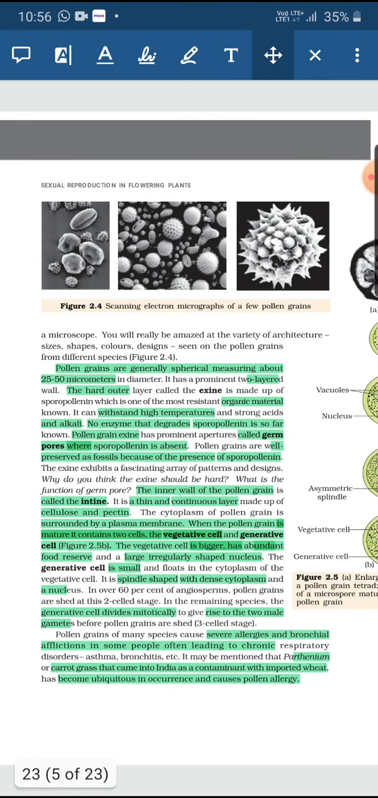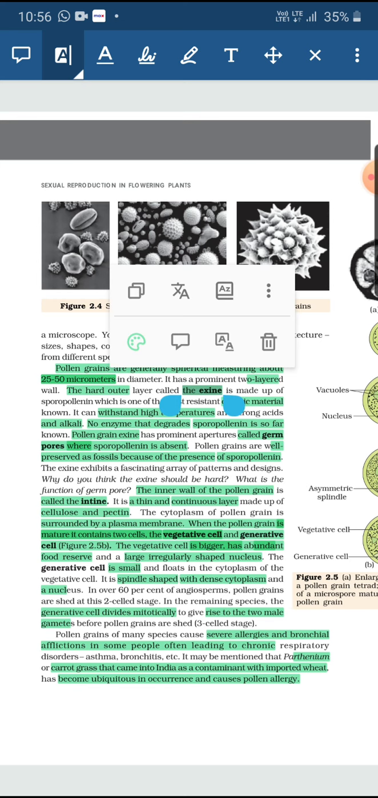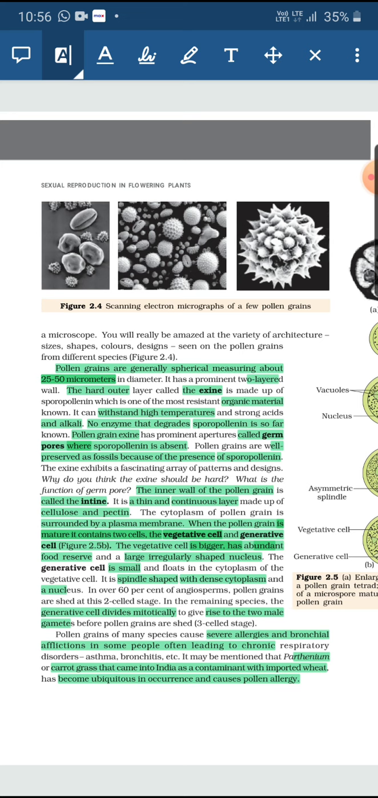Now, what is the structure of the pollen grain? The pollen grains are generally spherical in structure, and when you measure them, they have a diameter of about 25 to 50 micrometers. They are covered by two layers of different materials. The hard outer layer is called the exine layer, and it is made up of the substance called